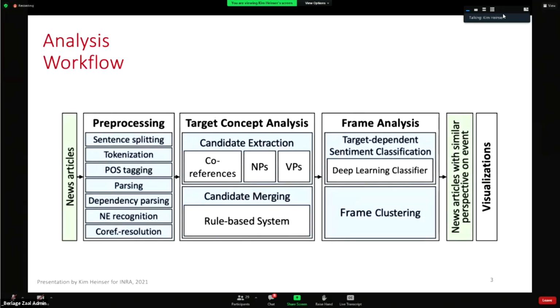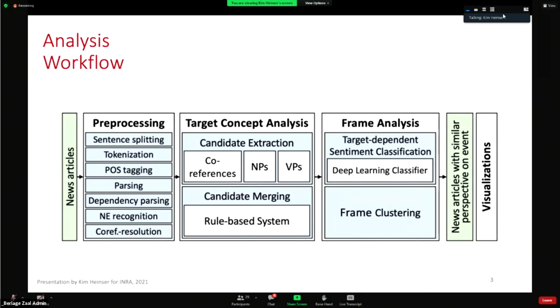So this is where our system comes into place. The input is, of course, news articles, and the output is a grouping into perspectives. And the idea is, through employing cross-document co-reference resolution, to have different groups of articles that portray a topic in a similar fashion. We have different methods, and it highly depends on the method, of course, how the grouping is derived.